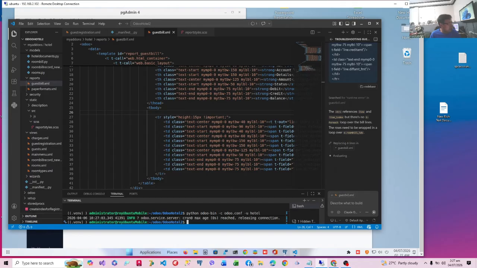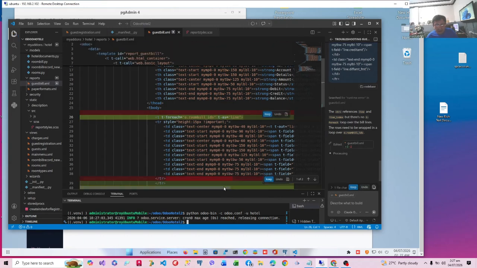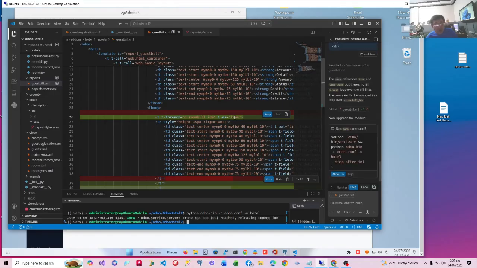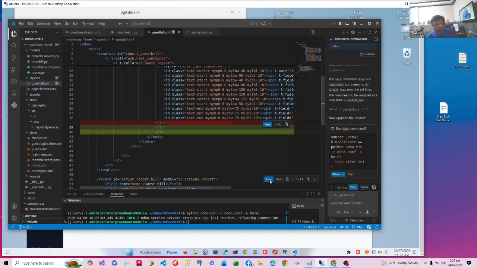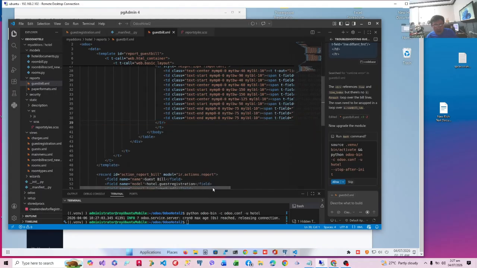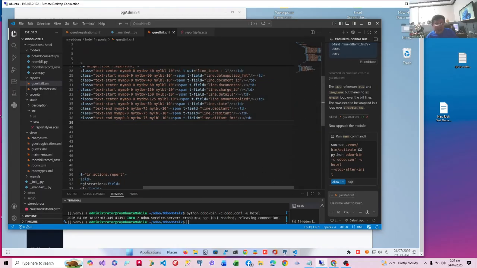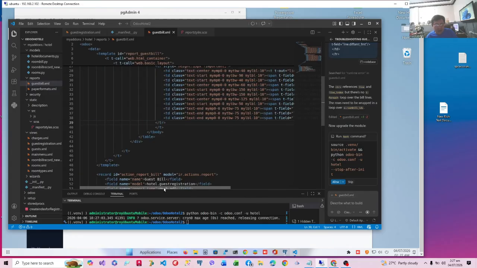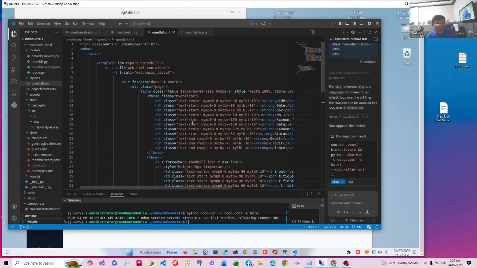Because we have specified t-docs, maybe it's there now. As line, because we have specified it as O. I hope you followed. So we have specified this as O, so therefore we should have also used O instead of line. In this case we have used line, so therefore we have to use it as line above.